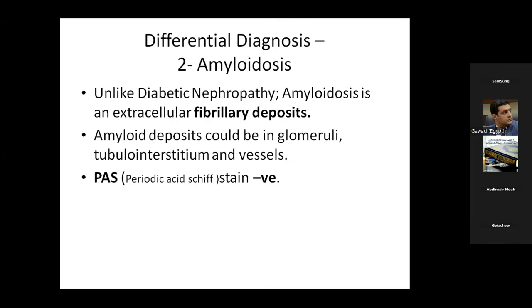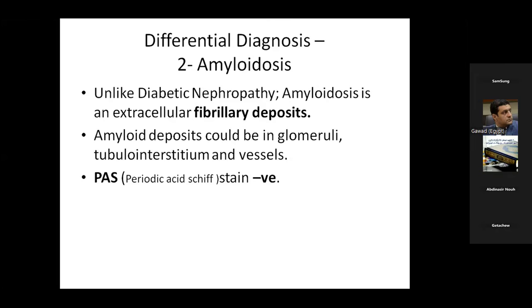Unlike diabetic nephropathy, amyloidosis is what? It is an extracellular deposition of fibrillary deposits. It's not an expansion of the already present mesangial matrix. No, it's an extracellular deposition of something: the amyloid fibrils, with its pathogenesis. It's not our topic today to discuss the pathogenesis of amyloidosis, but